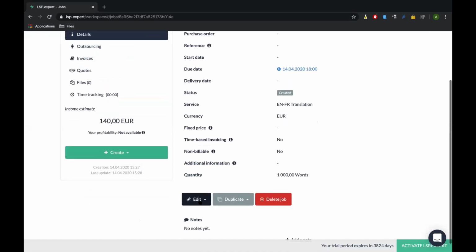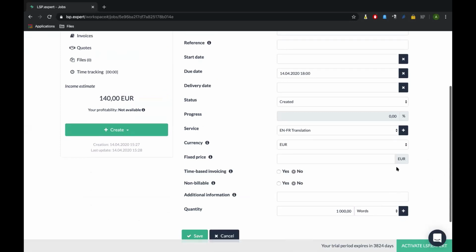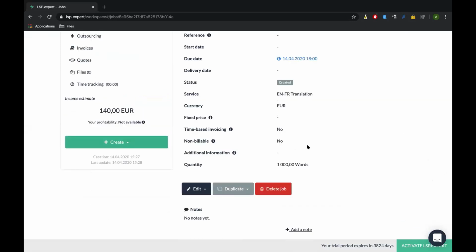The nice thing is that you can, well, modify your rates at any time, but you can also, for example, set a fixed price. I know that for interpreters it can be really useful because usually you will invoice per day. And maybe you just want to use a different unit here. Maybe you want to, I don't know, schedule a number of hours another day, and then you can add a fixed price here. I don't have to do it here, but anyway.